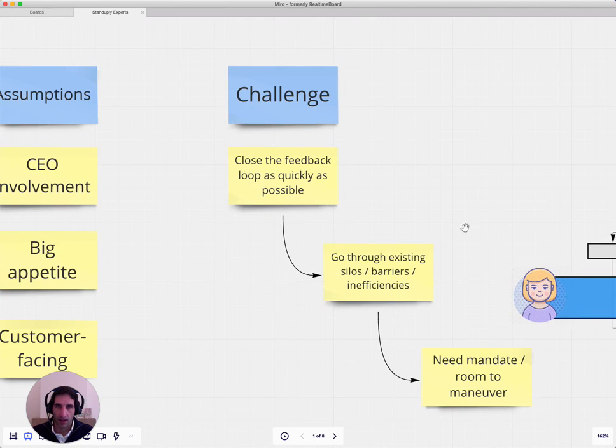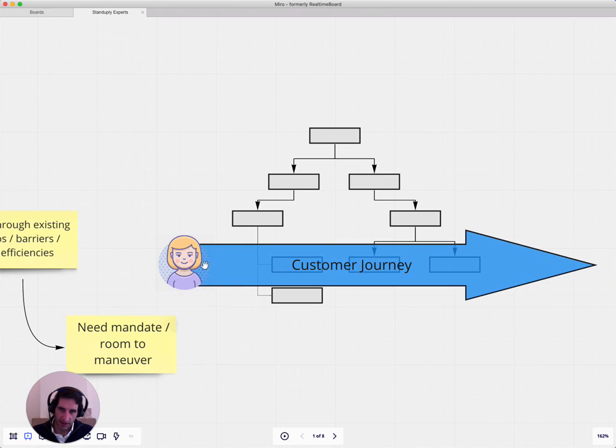One way to illustrate this: if you have a customer journey going from left to right, and you overlay that on the company hierarchy, the customer will have to go through different departments. The old structure is efficient for cost optimization, but to serve this customer, it might not be the most efficient.